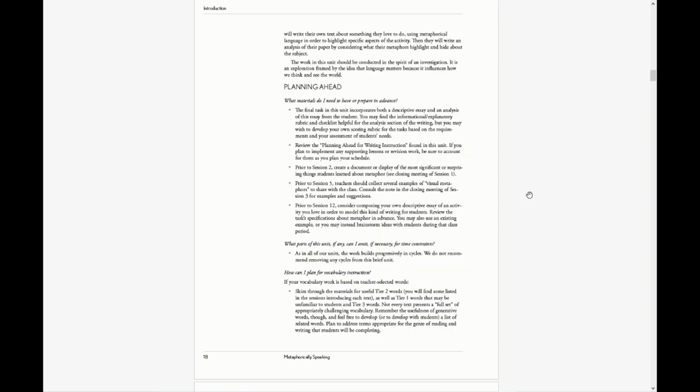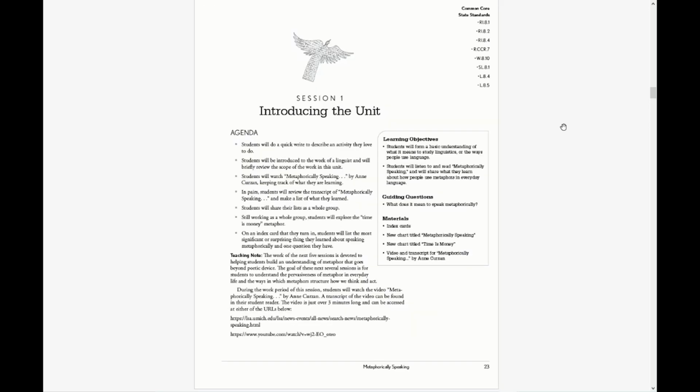You'll want to plan ahead for a few things. In particular, you'll want to think about trying your own model essay about an activity you love. You'll want to try out some of this metaphorical writing so that you can have something to share with students, and so you can talk about your own process for walking through that when you get to session 12. There are other elements. You'll want to think ahead about some of the writing tasks and the rubrics you'd like to use with that, and you'll want to collect some visual metaphors ahead of session 5, and that will make sense as you're going through the first few sessions.